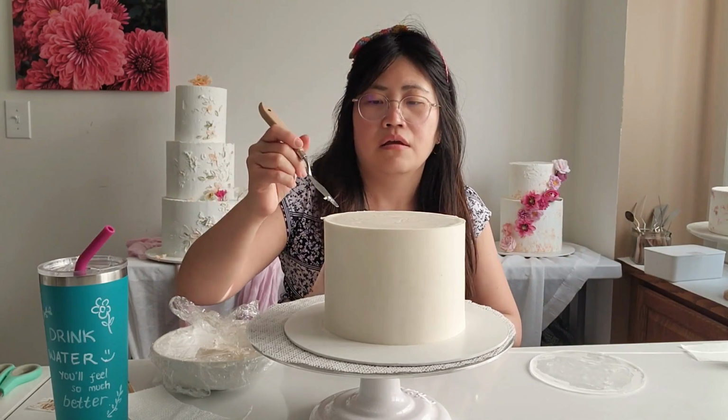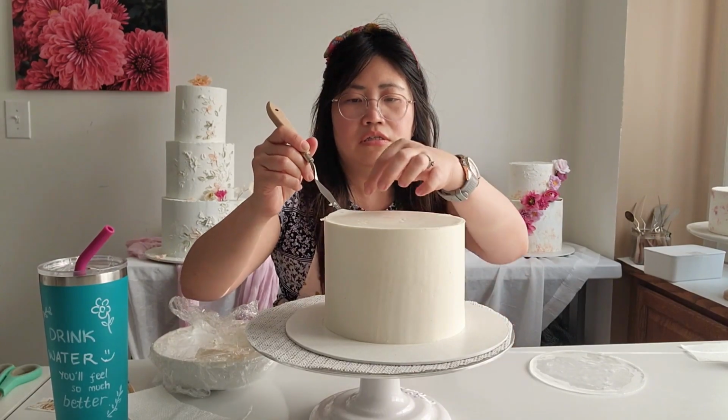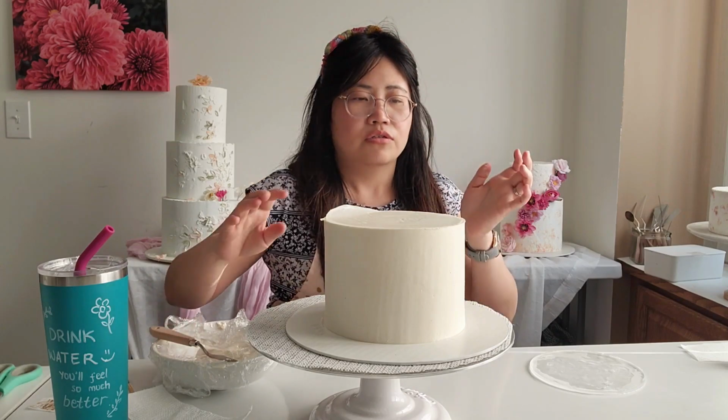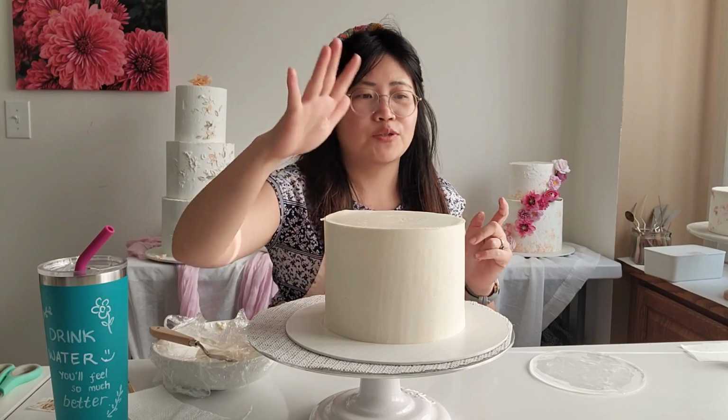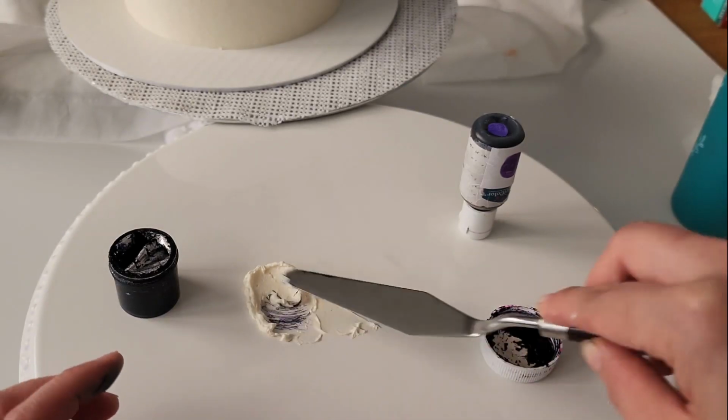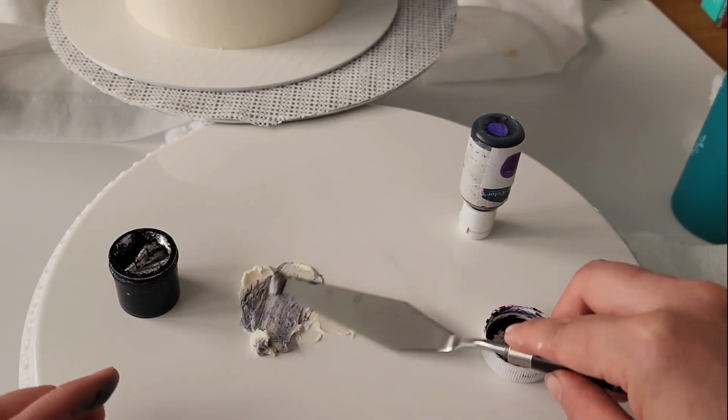And underneath the acrylic disc there's a parchment paper so that the disc won't stick on the cake when you're trying to remove it. That's why we have the parchment paper here. One thing you want to make sure of is your cake is cold, so put that in the fridge while